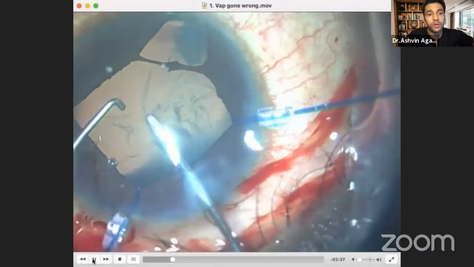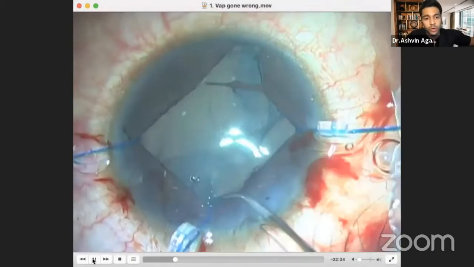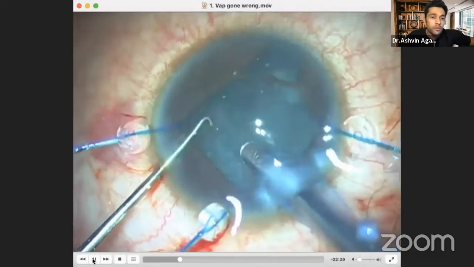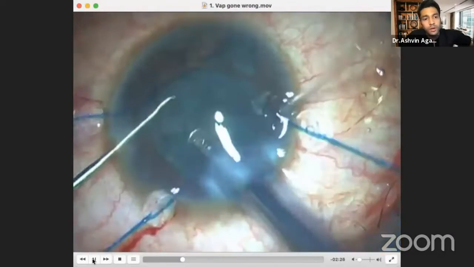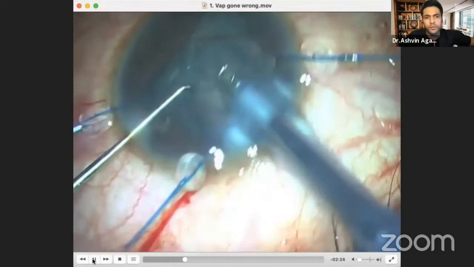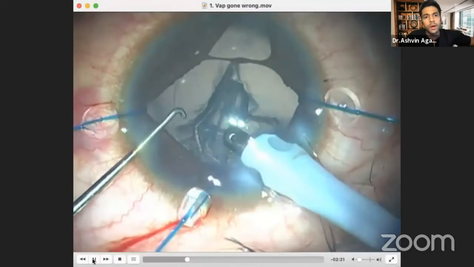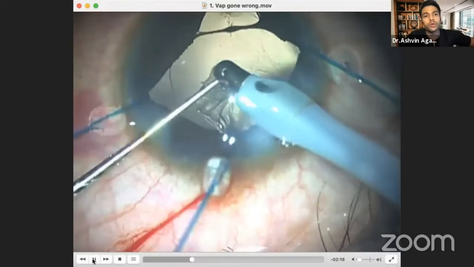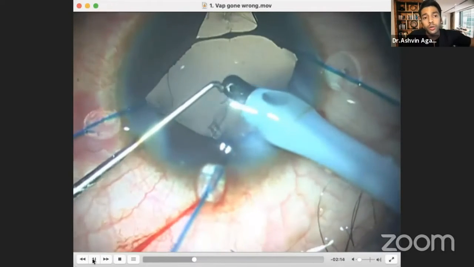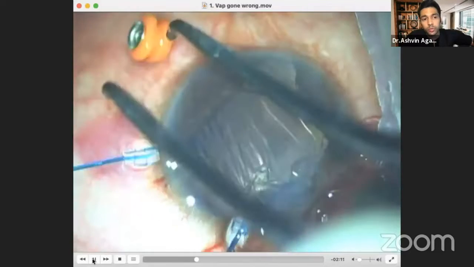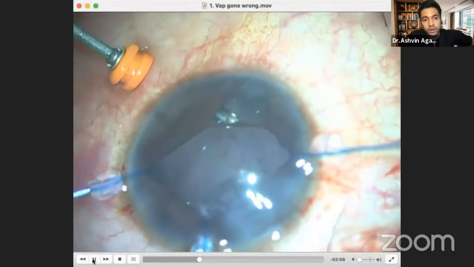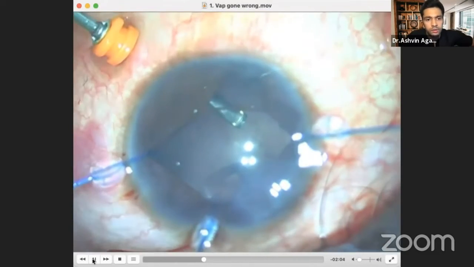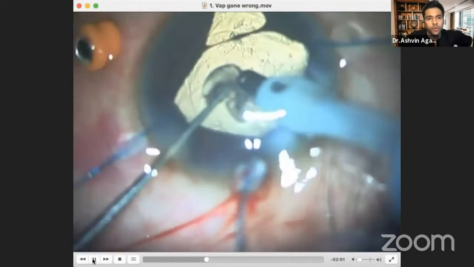But here I'm showing you something that did not happen as per plan. Once I'm doing my rhexis, I do my hydrodissection and start my phaco. But as soon as I am close to completion of my phacoemulsification, I noticed that the anterior capsule rim has ripped all the way to the periphery, but it's not gone behind. Once I'm doing my trocar to do my VAP, this is my intermittent vitrectomy where I'm doing 1,000 cut rate for about 4-5 seconds.